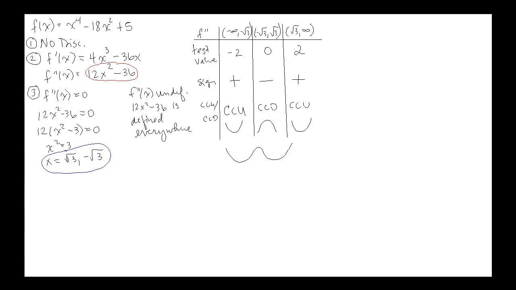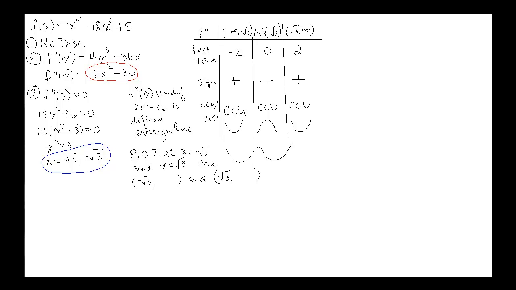All right, so do I have any points of inflection? Any places where I change concavity? In fact, I do. I'm going to call them POI, points of inflection, at x equals negative root 3 and x equals positive root 3. So we're going to find the actual points. Negative root 3, comma, positive root 3, comma. So I'll have to do a little bit of work here.